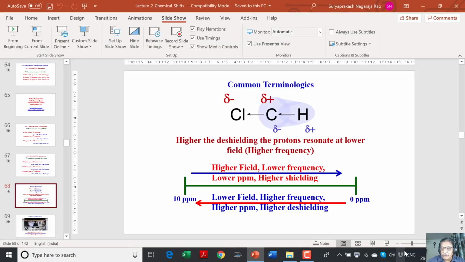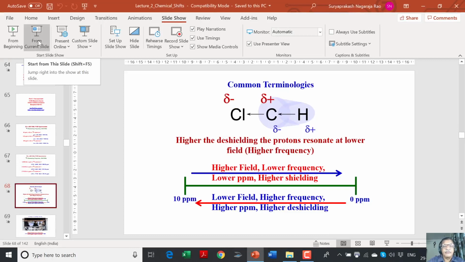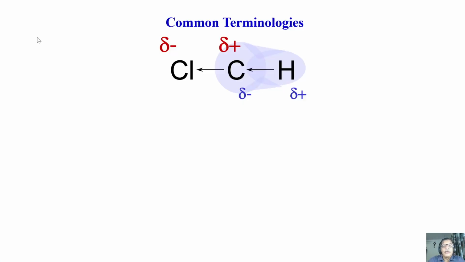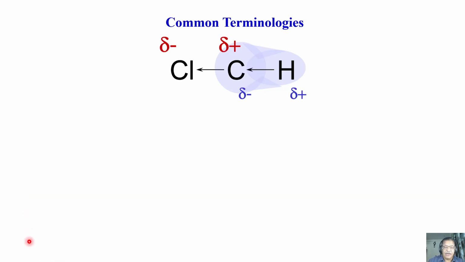So what we have to do is, let us now use some common terminologies that are normally used in understanding the high field, low field concept, what is shielding, what is de-shielding, etc., which are commonly used in NMR. So what is that commonly used terminology? Take for example,